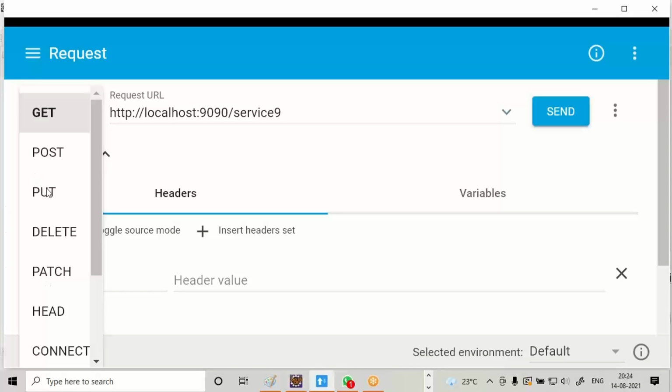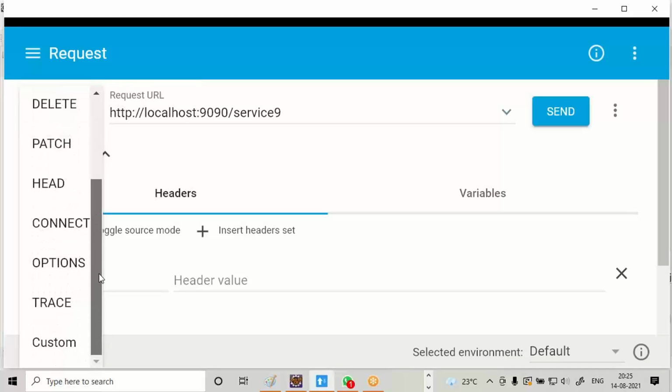Put is for replacing a row, modifying the entire row. Patch is for column wise updating in a row. It can be one column or selected columns or even all columns also. Patch: one or more columns, modifying. Put: replacing the entire row, updating the entire row. The remaining we don't require. We are not using them at all.